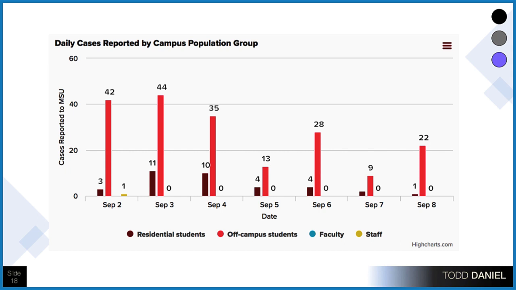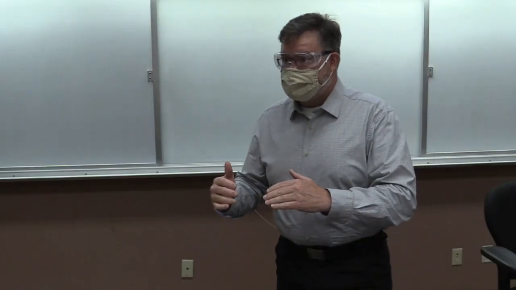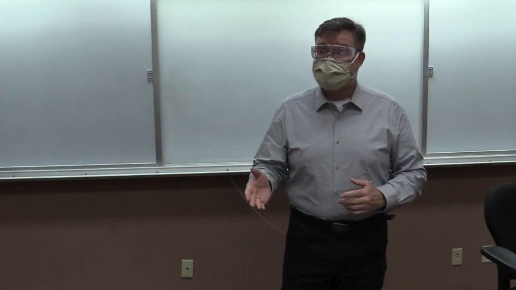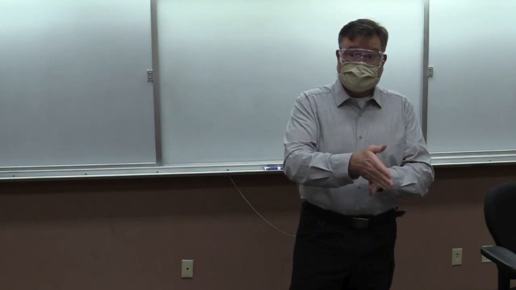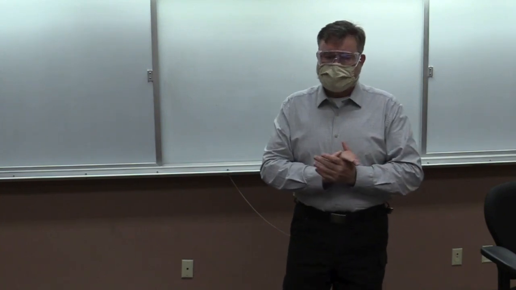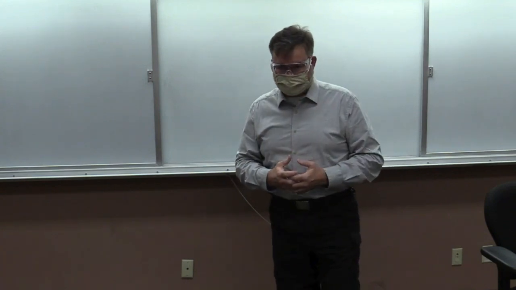And by that same token, when we look at the taller red bars, the off-campus students, it's easy to say, well, those darn off-campus students, they're the ones that are the problem. And that's not fair either, because the fact that you are in a dormitory doesn't offer any protection necessarily. And we have more people who are living right next to campus or near campus than are living on campus. So we want to be careful about the way that we interpret these numbers, especially if we're going to say, oh, those people are the problem.